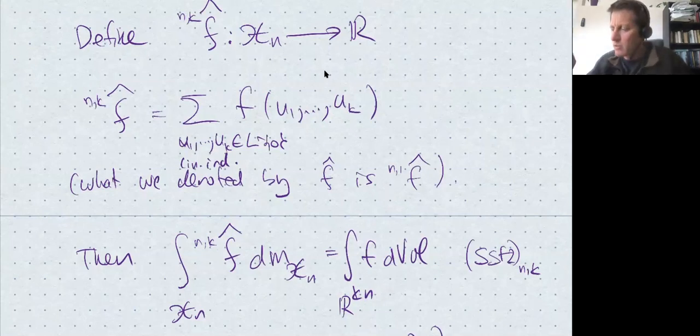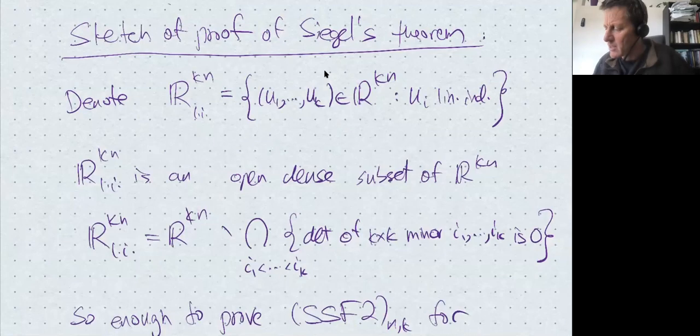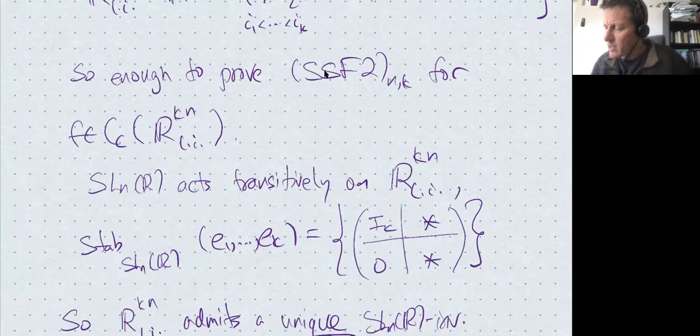Okay, so the two transforms that I'm defining, the one written down now and the one written down before, are exactly the same on k-tuples living inside this set. And so the proof of the Siegel transform for functions supported on this set proceeds in exactly the same way. The issue is when you want to extend this to k-tuples which don't satisfy this condition.